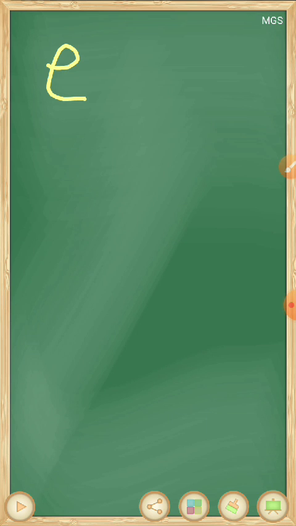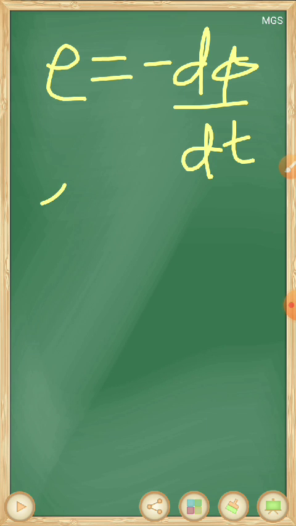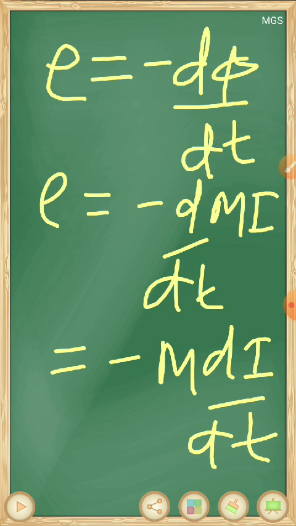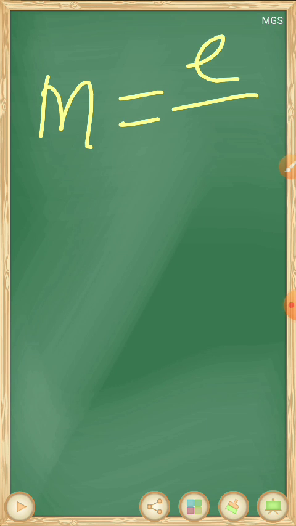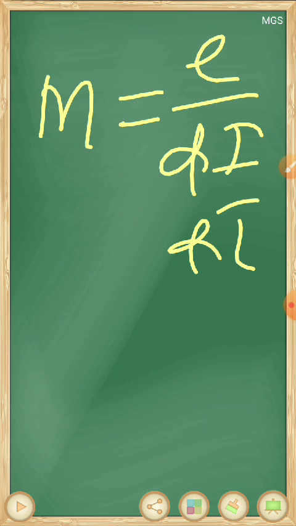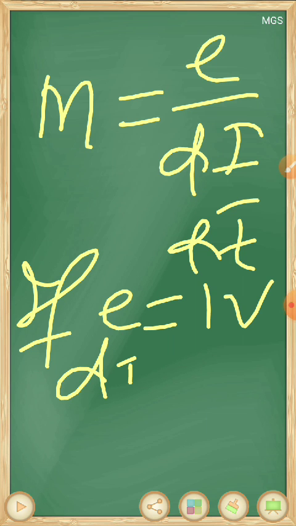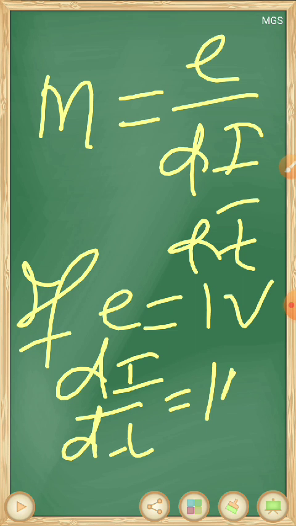We know that E is equal to minus d phi by dt. So we can write E is equal to minus d by dt of M into I. So this is minus M dI by dt. So from here, if you write the magnitude only, then M is equal to E by dI by dt. So if E is equal to 1 volt and dI by dt is equal to 1 ampere per second,